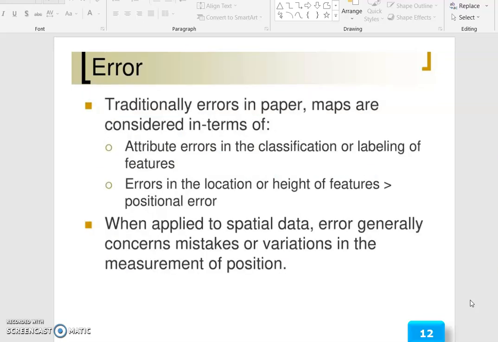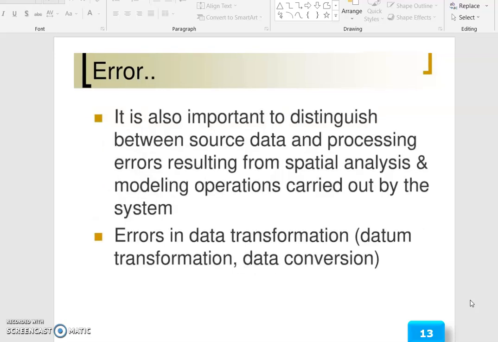Traditionally, errors in paper maps are considered in terms of attribute errors in the classification or labeling of features. Errors in the location or height of features are treated as positional error. When applied to spatial data, error generally concerns mistakes or variations in the measurement of position. It is also important to distinguish between source data errors and processing errors resulting from spatial analysis and modeling operations carried out by the system. Errors in data transformation, datum transformation, data conversion,